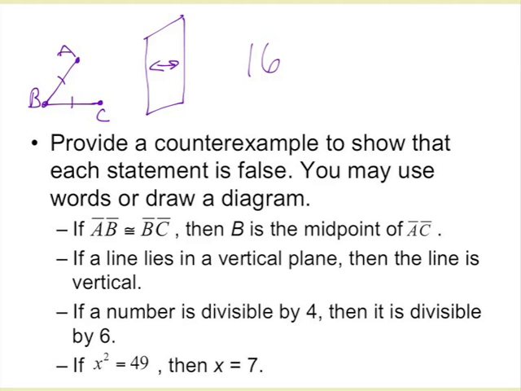Anybody have a different one? 32. Divisible by 4, but not by 6. 4 itself is, right? It's divisible by 4, but it's not by 6. 8, right? So there's a lot of counterexamples we could come up with for this one. We just need to find a number that divides by 4, but that doesn't divide by 6,